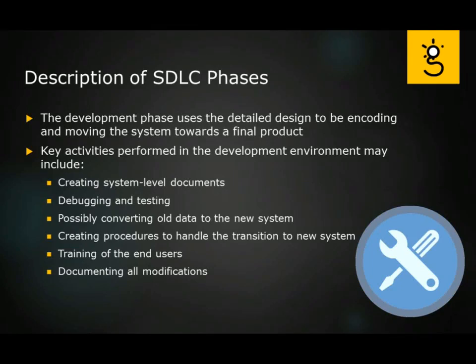The next phase is the development phase, and there we use the detailed design to be able to encode and move the system towards the final product. Now, the key activities performed in the development environment can be things like creating system-level documents, debugging and testing of the code, possibly converting old data to the new system's data, creating procedures to be able to handle the transition to the new system, making sure we plan for training of this new product to the end users, and documenting